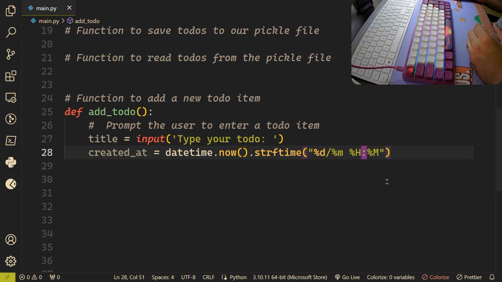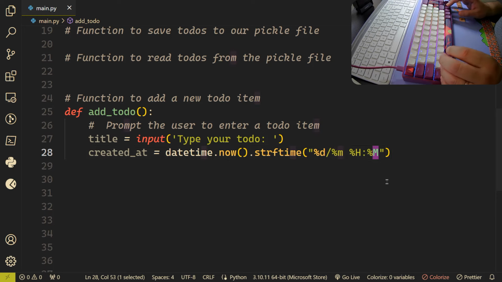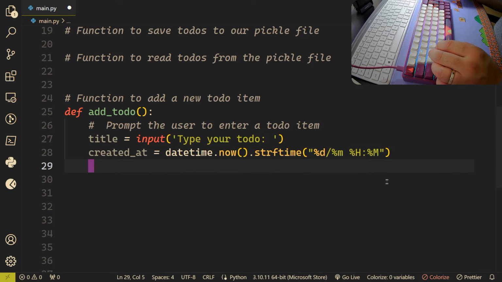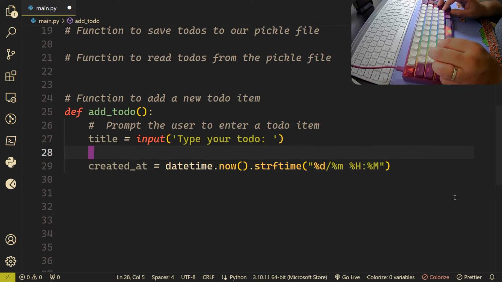Next, the capital H represents the hour in 24-hour format from 00 to 23. And next, this capital M represents the minute as a 2-digit number from 00 to 59, also preceded by this time colon, not slash. Okay, so this is to format the date and the time. Right, so this is formatting